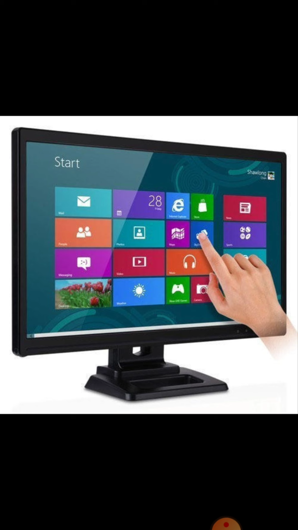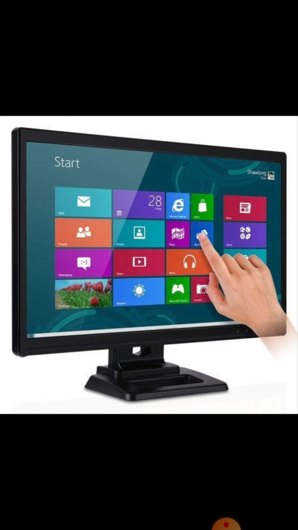Means if you want to open something, you have to touch it, and even if you want to go back, for that also you have to touch the screen of your computer, as nowadays you are using with your phones. We can select the objects directly by touching with fingers or without using any pointing device.